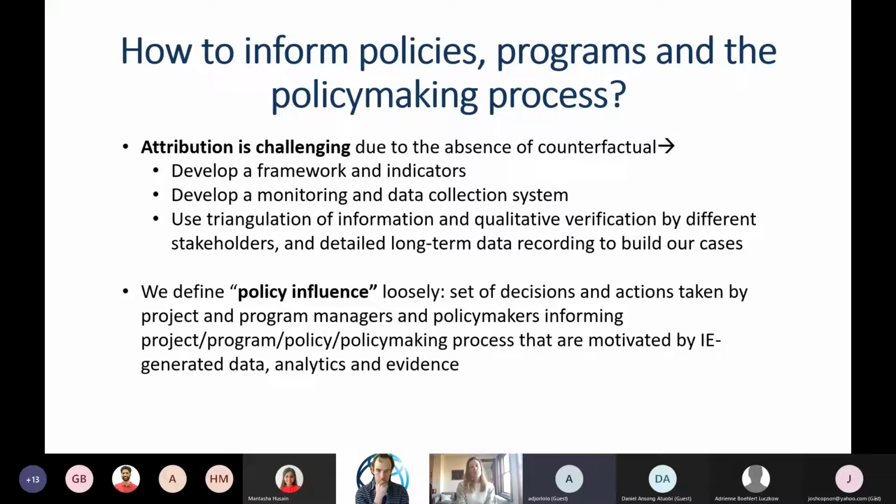And so to do this, we developed basically a data collection system on our research, right? So we collect a lot of data when we work with you, but we also collect data on our own work, meaning that, for example, Dan, every year he has to enter a lot of information on his work with us at DIME: who is he working with, where, why, what are the objectives, how many times does he meet with his counterparts, what products were written, everything, basically. It takes a bit of time, but this is what will help us then understand what happened throughout the project.